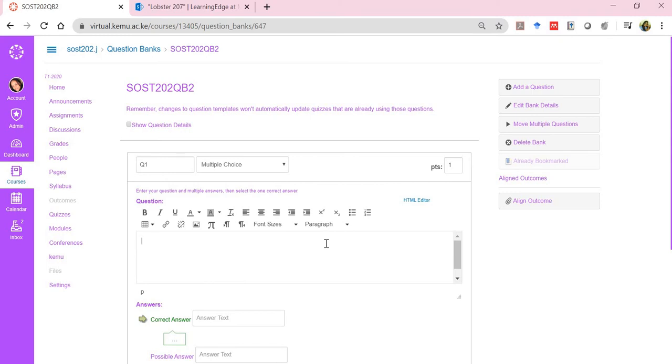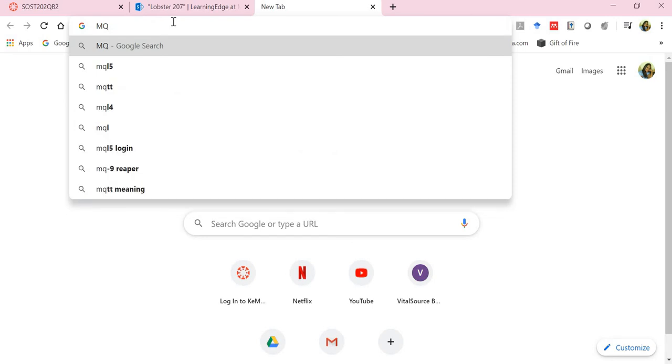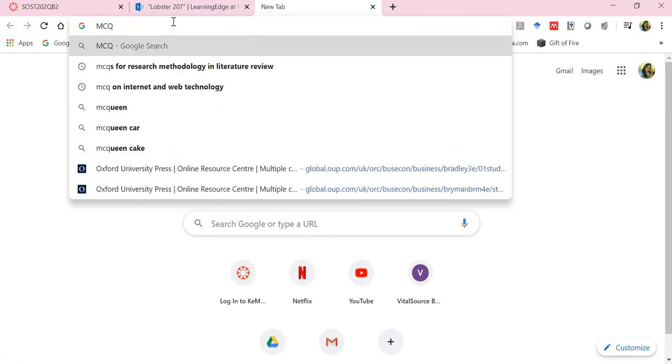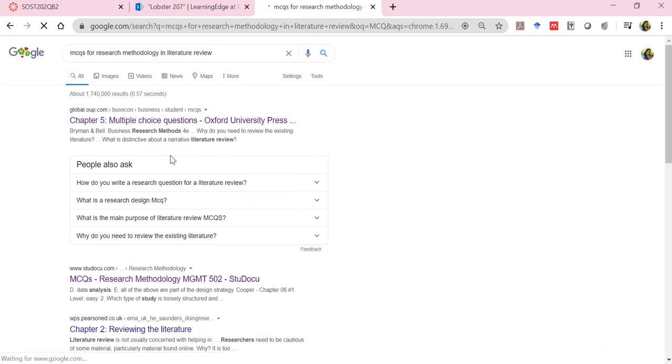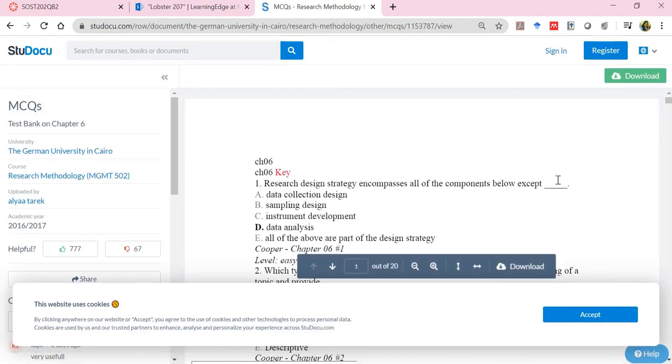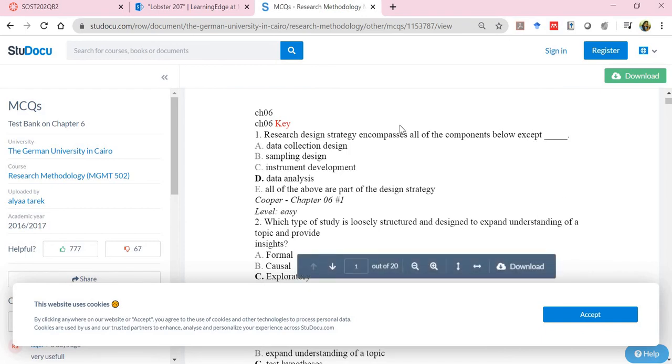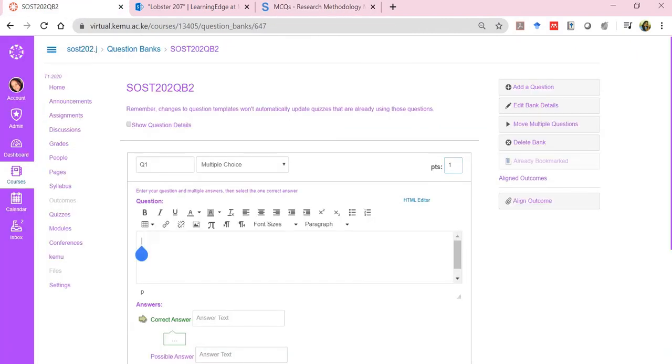Because it's a multiple choice question, I can even provide how many points it is. So I will just get into a site that allows me to get MCQs for research methods, and I have a number, so I'll just copy paste some just for demonstration purposes. So I can do that, come here and type that as my question,